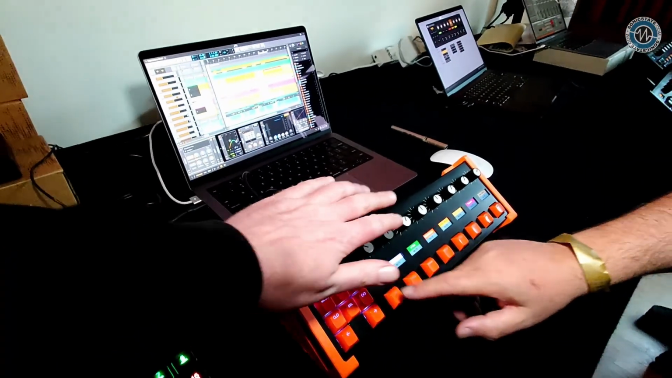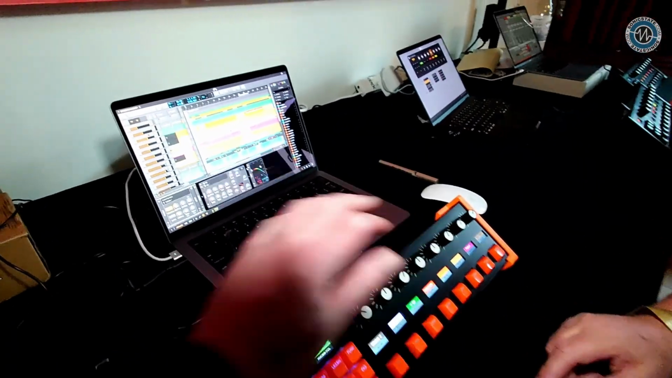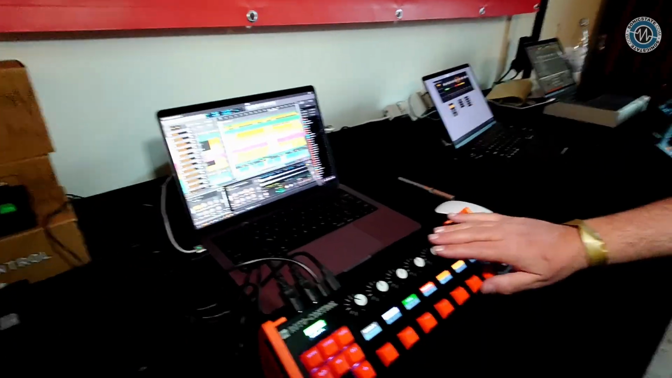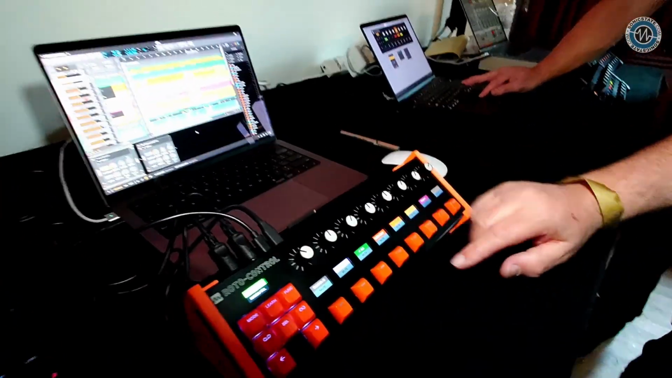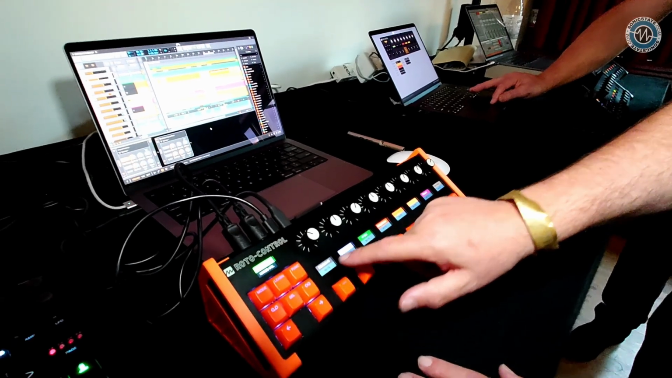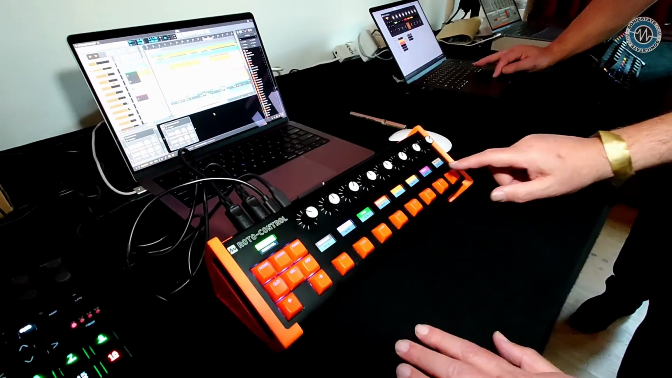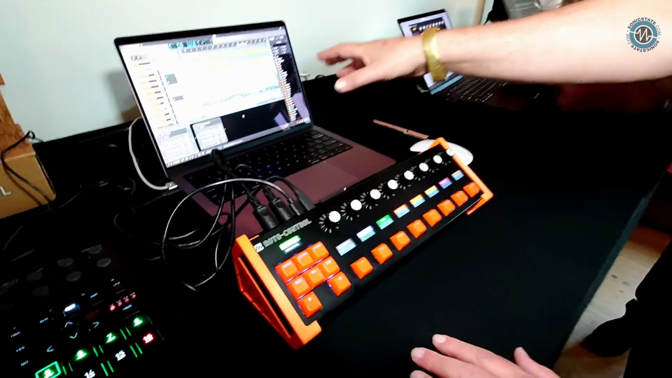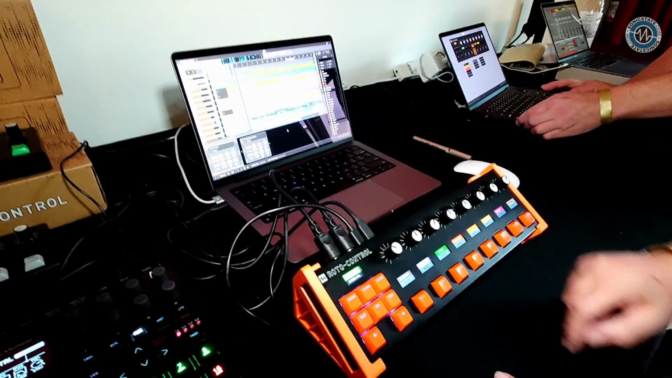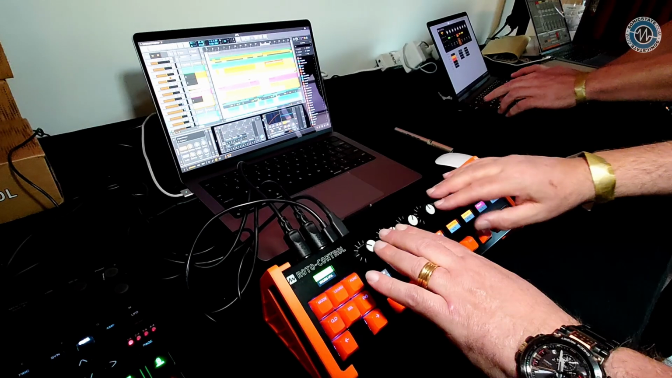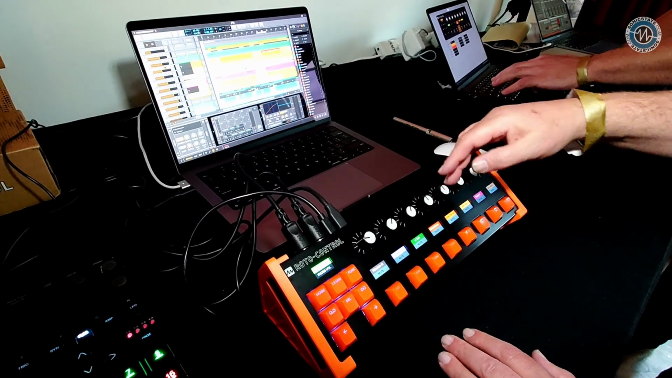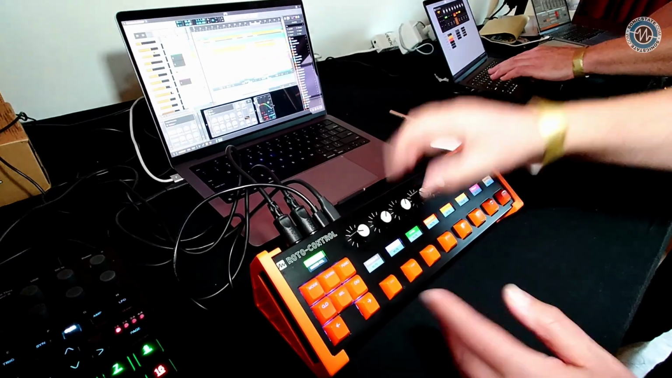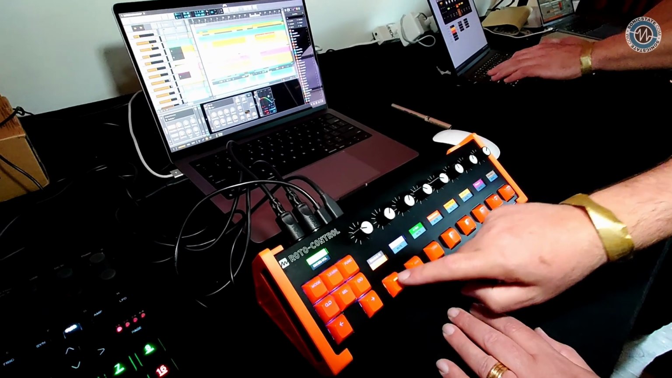Oh, I see. So as you're touching the control, it's updating on the screen there. Correct. Oh, I wasn't aware it did that. All the track names and labels and colors are all taken from the active Bitwig session or Ableton session. And the knobs default to volume, being the audio environment. The buttons